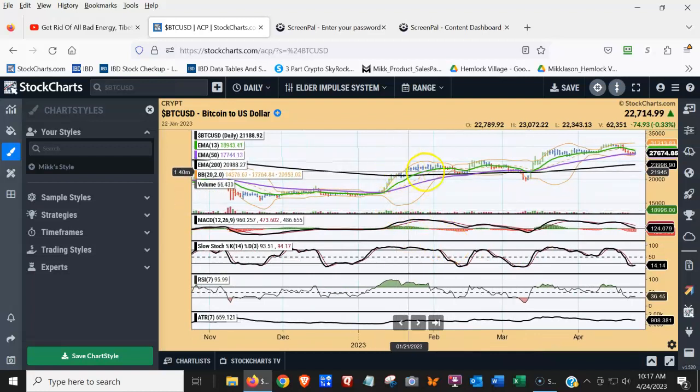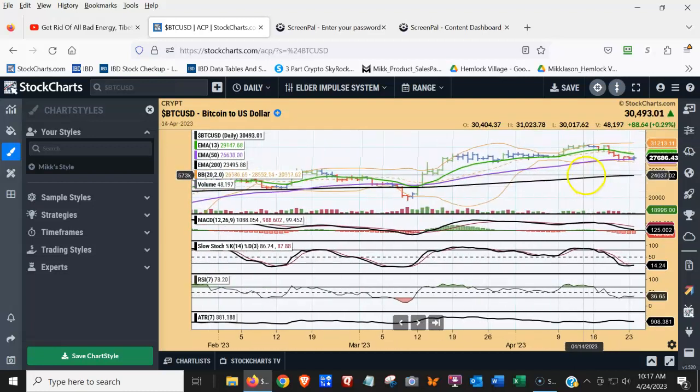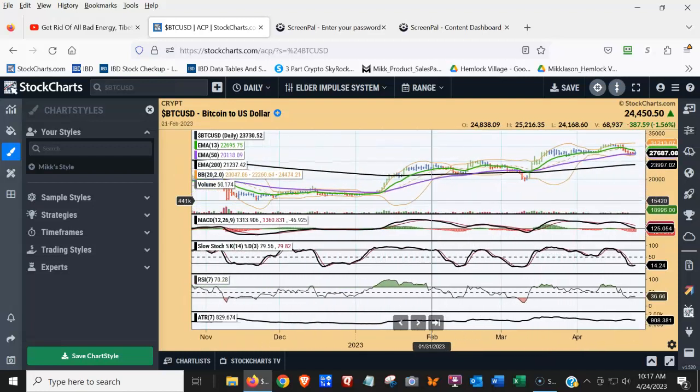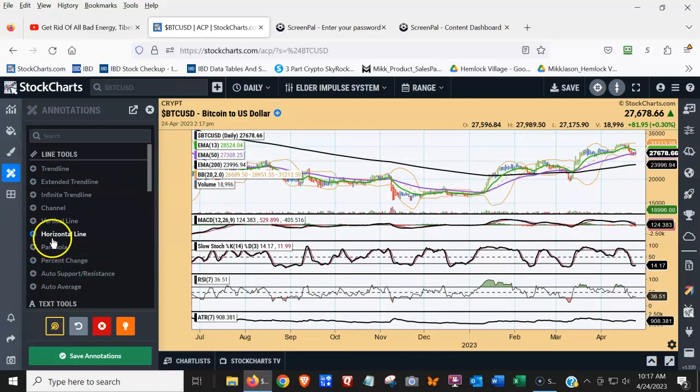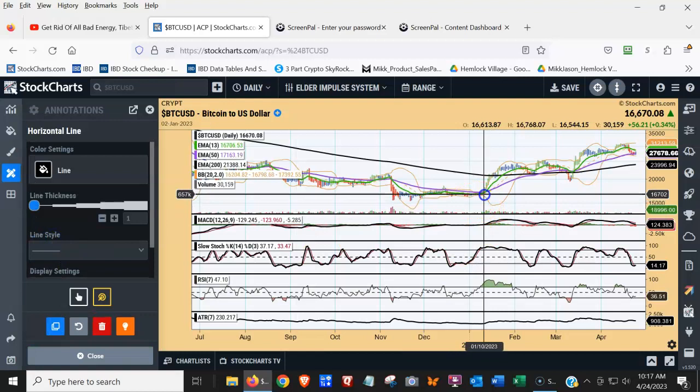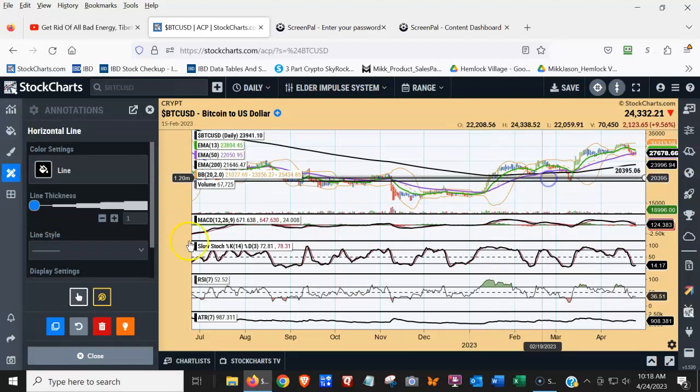For example, as you can see, the last time it found a little support, it was around the 22, 23 mark. And then here it was at the 28. So it's basically jumping up in increments of, let's say, 5 to 6,000. So my guess is the next punch up it has, it's going to go to maybe the 35,000 to 40,000 range. And then it's going to repeat this process again. And as long as the trend